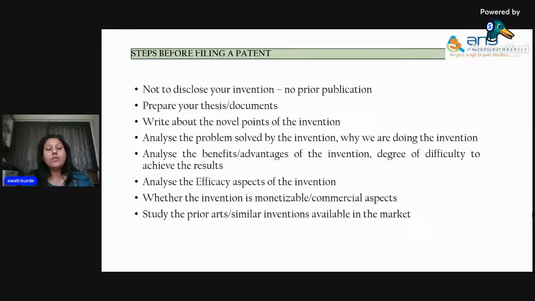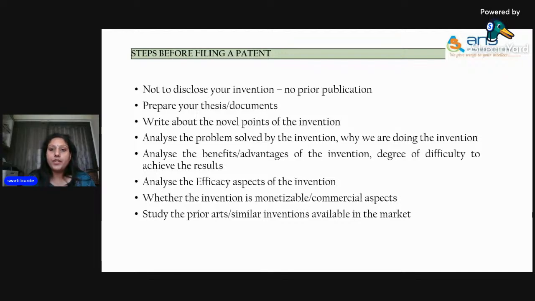Okay, now let us talk about the steps before filing a patent. When a person gets a new idea about any invention, the first thing is he should not disclose his idea to anyone, because once it is disclosed, it will come into the public domain and the novelty will be lost. So once you have an idea, you should start working on it, start researching on it, and prepare a thesis or document. You can maintain a diary